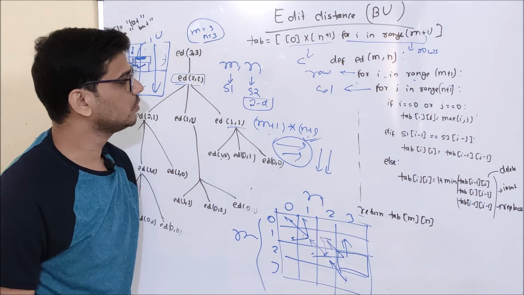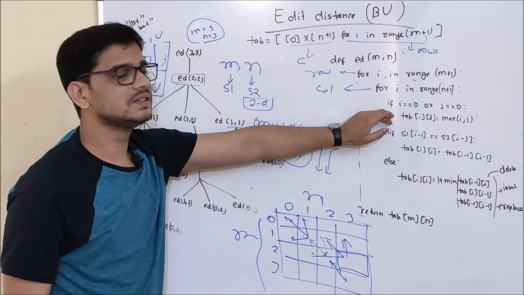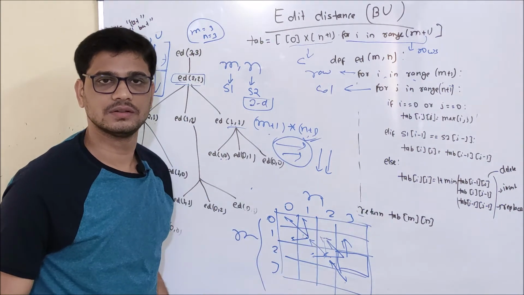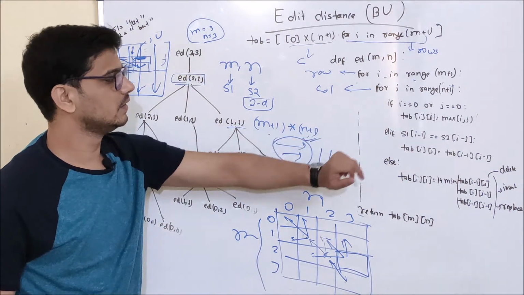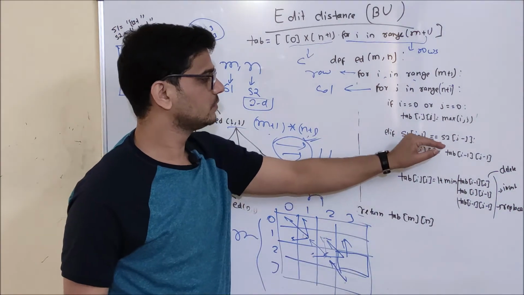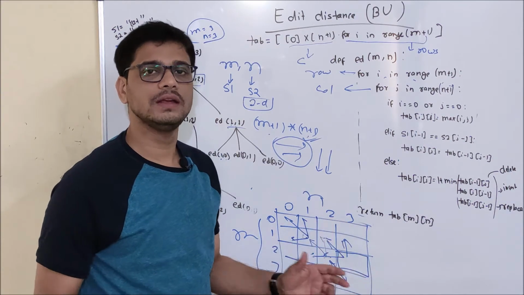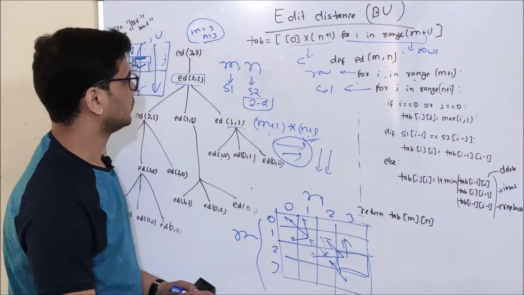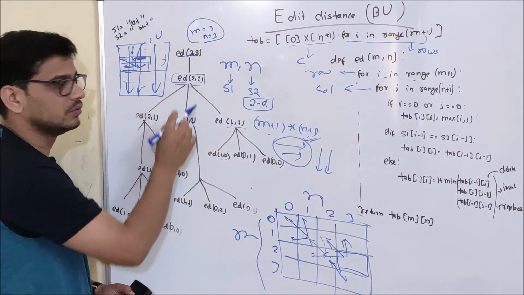Okay. So first of all, what I am doing? I am checking if i is equal to 0 or j is equal to 0. What is this? That is, either of my strings is an empty string or both are empty. Now, second is elif s1[i-1] equal to s2[j-1]. So what I am doing here? I am checking whether the characters that I am matching are equal or not. And if this is the case, then tab[i][j] equal to tab[i-1][j-1]. That is this thing. From here the character matched, and I have called ed of 2, 2.